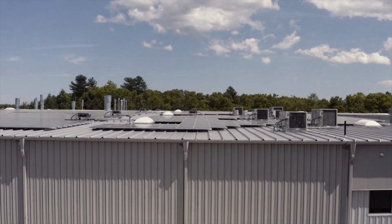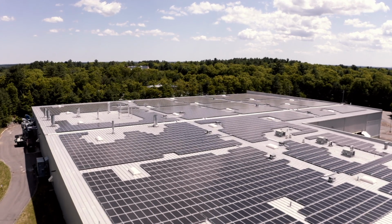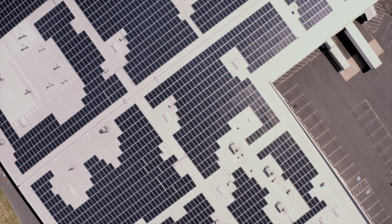This is where our experience really pays off. We feel really comfortable and confident talking to our customers, talking to any third party, and really provide that role as an industry leader. Rooftop is ideal for solar because it's unused space. So whether it's a real estate company that owns a building and has tenants in it, for them the benefit is leasing the roof just like any other space that they would to a tenant in their building, and it's